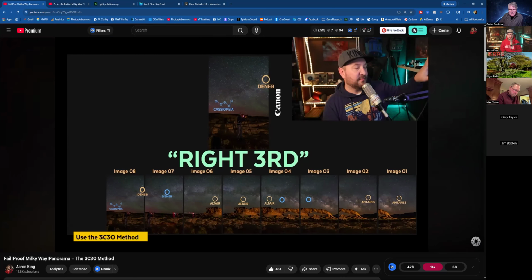Panoramas. How to do panoramas. Get yourself an L bracket. First step, L bracket, because you want to attach that to your camera and move it to vertical without any effort at all. The other thing is